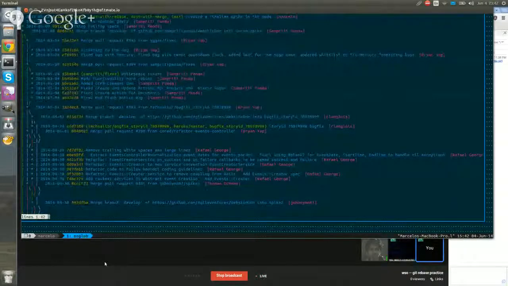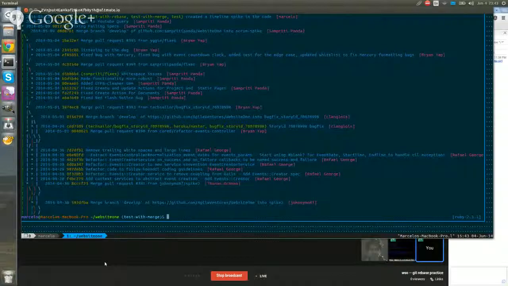So this is your history right now. Somewhere along the line, you created a new commit, created a timeline spike in the code, and the upstream has gotten a few more extra commits. So that one's just a bit ahead.